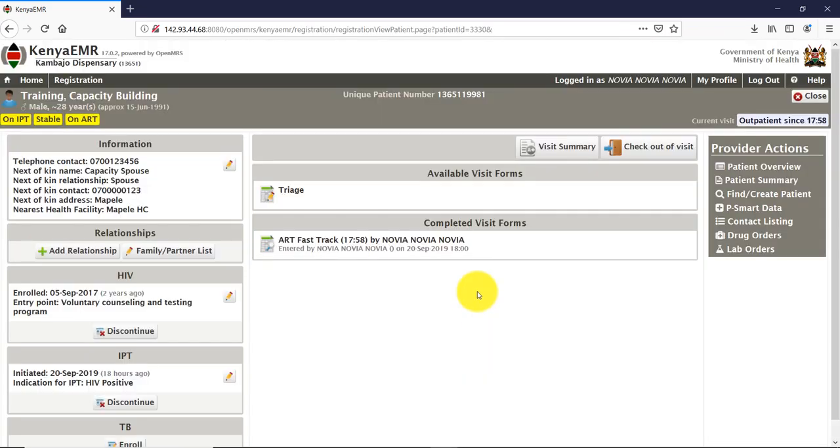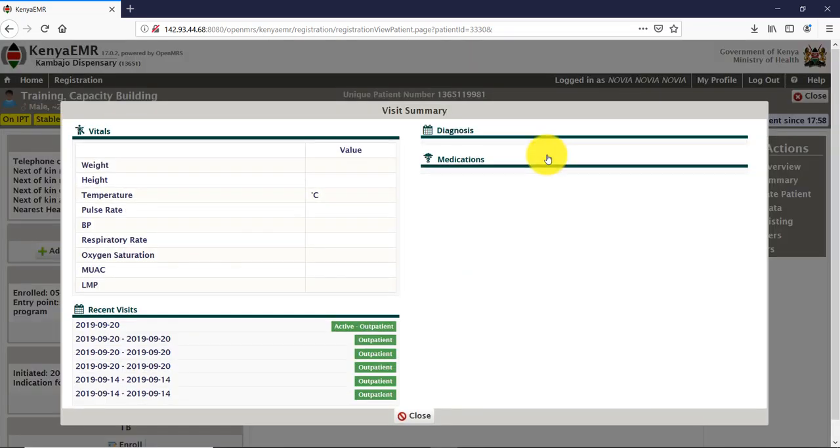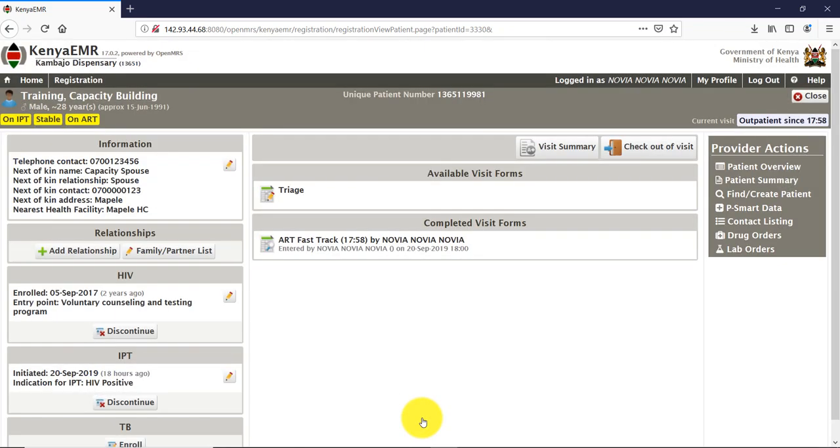After you submit, the form will appear under completed visit form, specifying who entered the form, the date and the timing. So on clicking view visit summary, you will clearly see the current visit that is still active until you check out the patient. All the visit details are outlined there, and it's actually saying that this visit is still ongoing. So click close to close the visit summary, and the last step is to check out